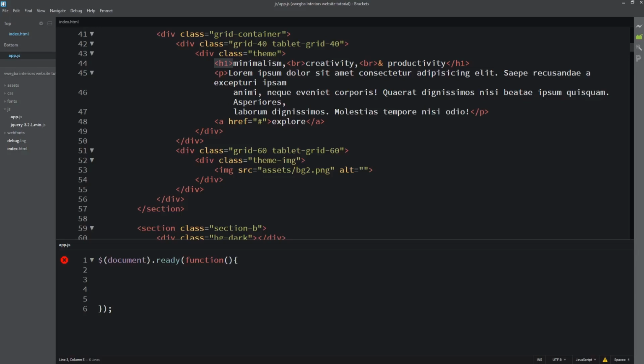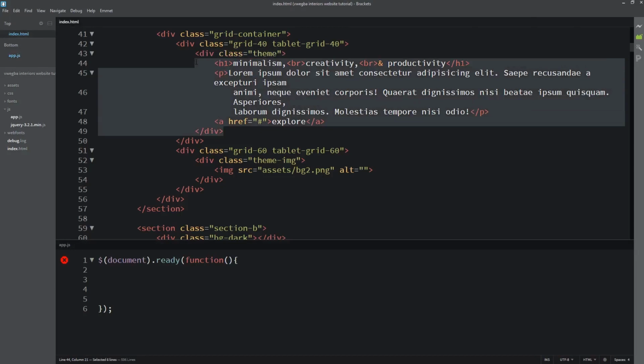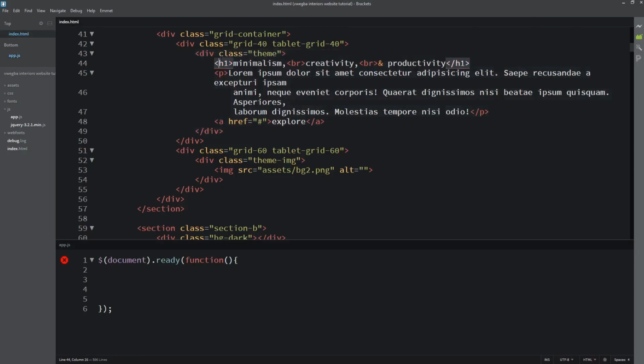All of them are the inner HTML of that section element, which is the parent. So in this web page, the theme element has the H1, paragraph, and anchor tag as its inner HTML.